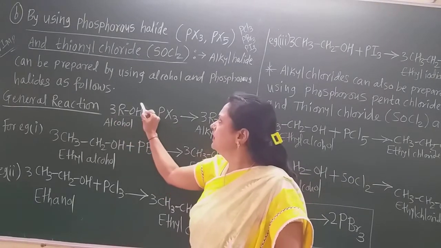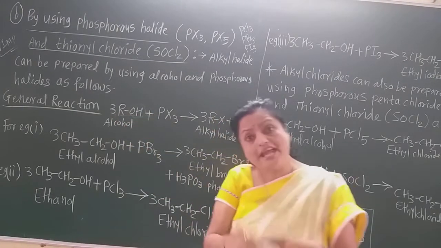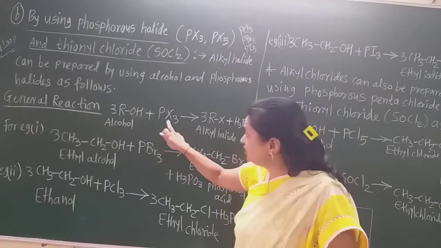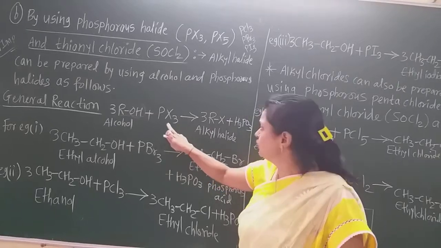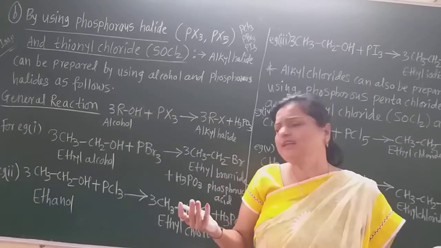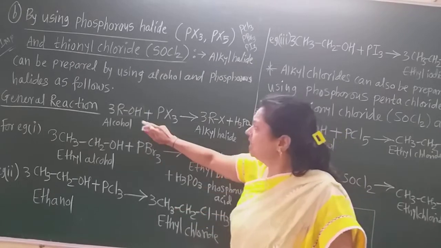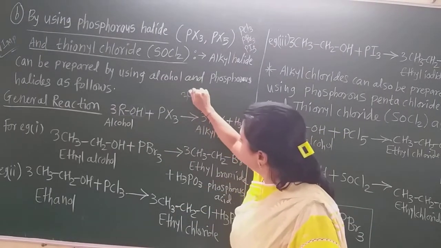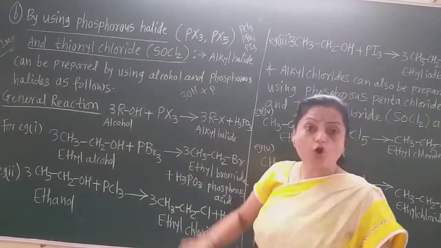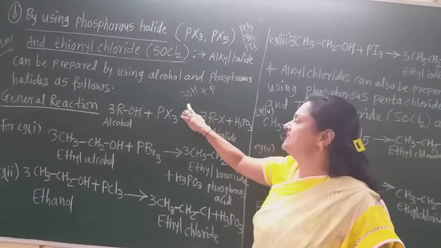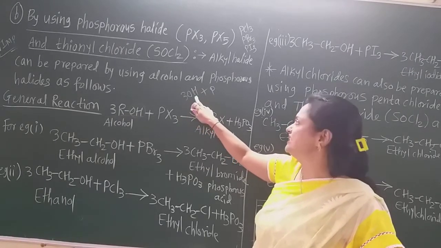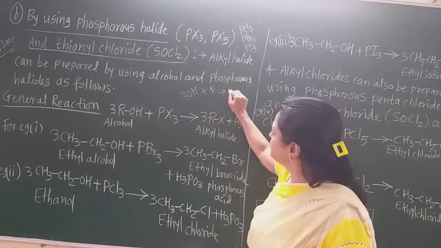Now we only replace these 3 OH, that is the hydroxyl groups, by the 3 halogens, because here are the 3 halogens. And what will be remaining then? These 3 OH will be there and this P will be there. Now what will the byproduct be then? Here this means 3 oxygen and 3 hydrogen. Here phosphorus acid is formed, and the formula of phosphorus acid is